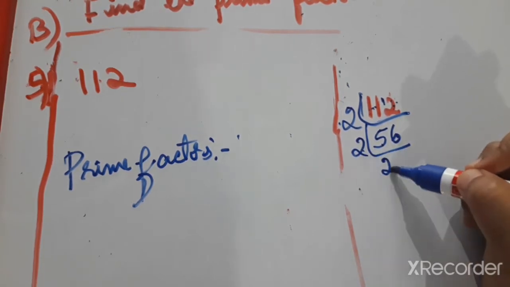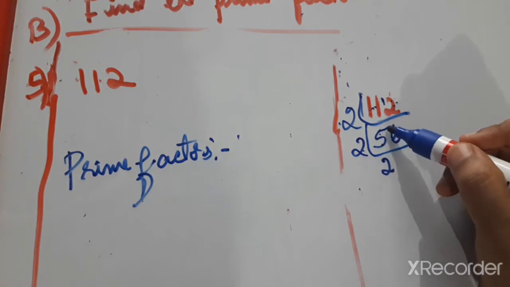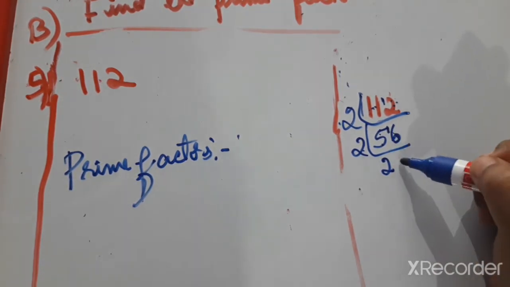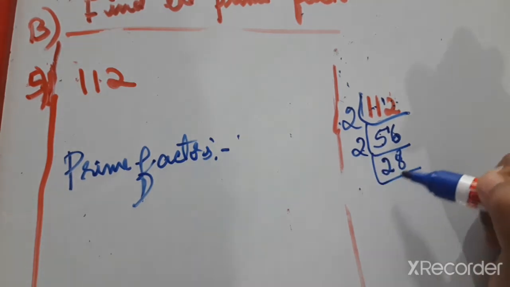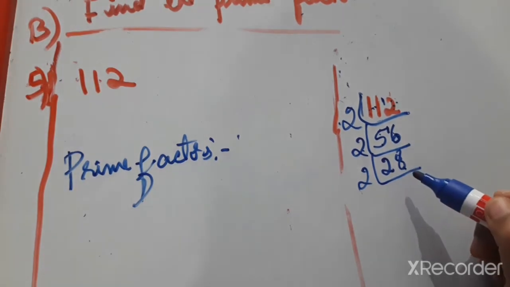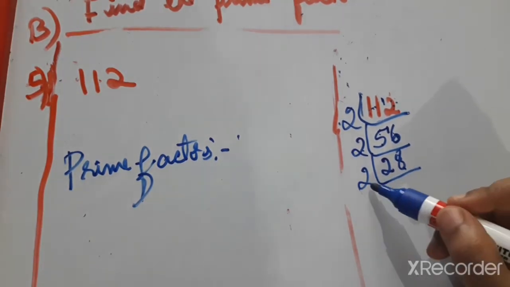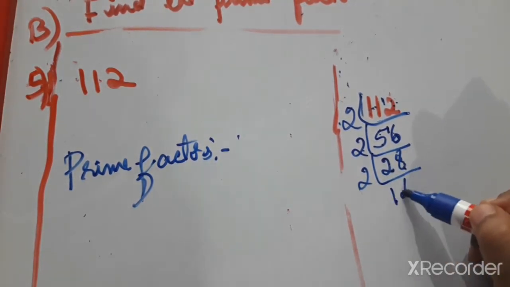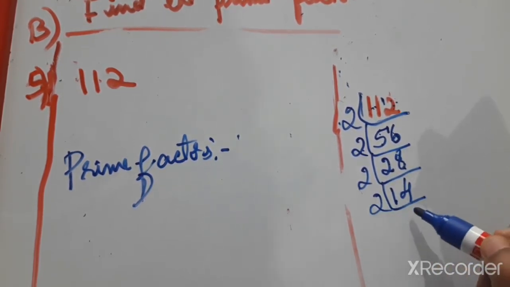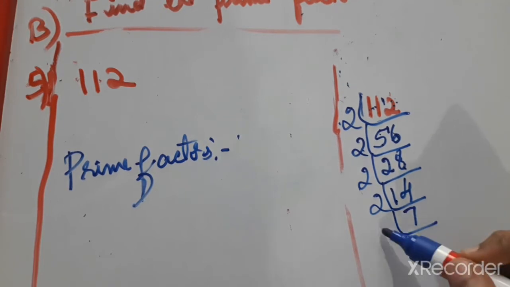2 2s are 4. So 4 minus 5 means 1 is a remainder. Now together is 16. 2 how much are 16? 2 8s are 16. The last number is even, so it will divide with 2 ones are tables. 2 ones are 2. 2 how much are 8? 2 4s are 8. Again we can consider 2 or 7. 2 sevens are 14 and 7 ones are 7.